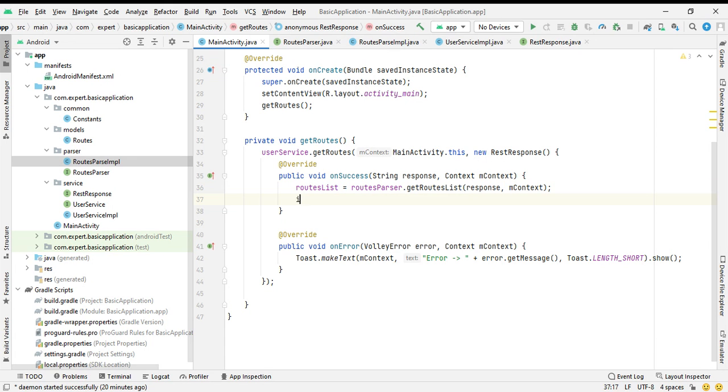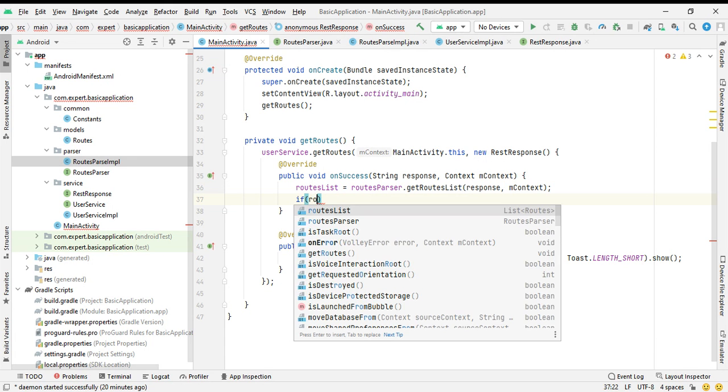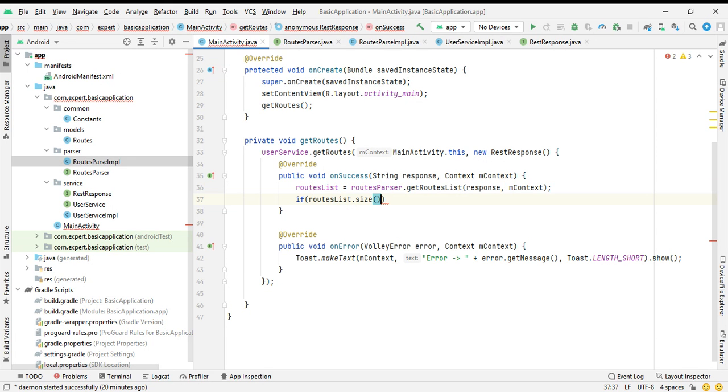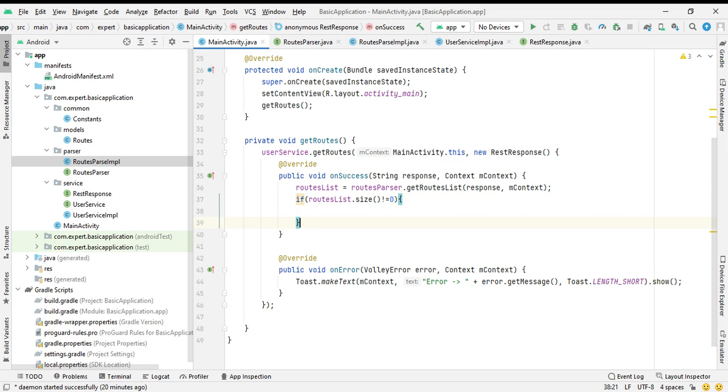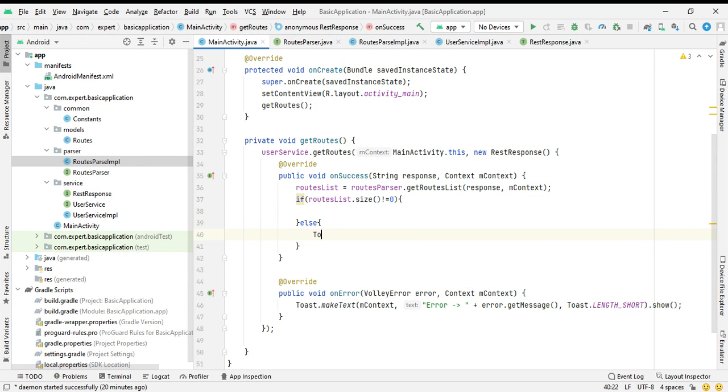Then just check that the size of the routes list is not equal to 0, meaning it's valid. And if it's not, then that's